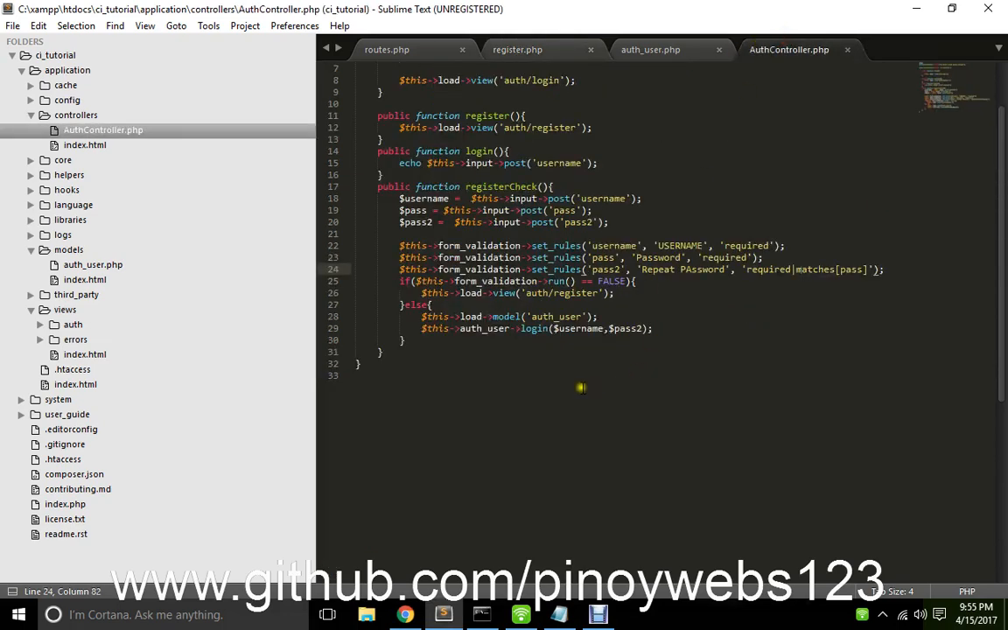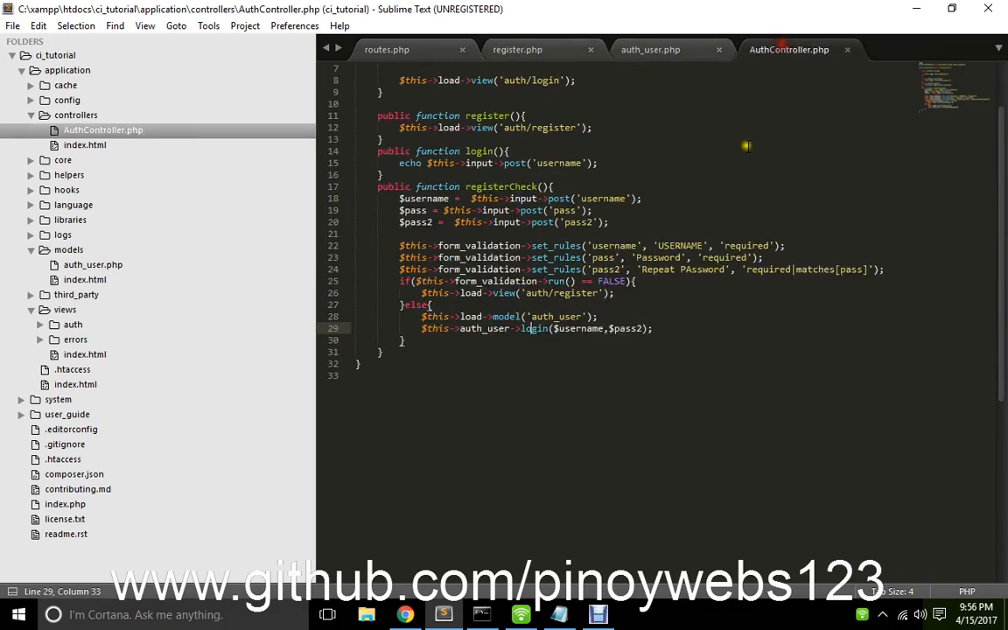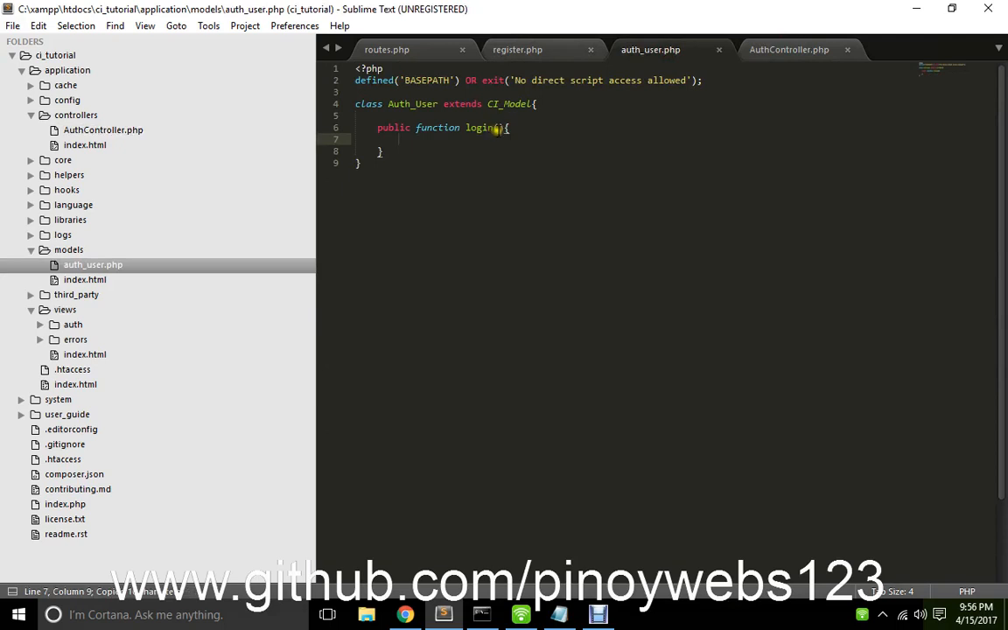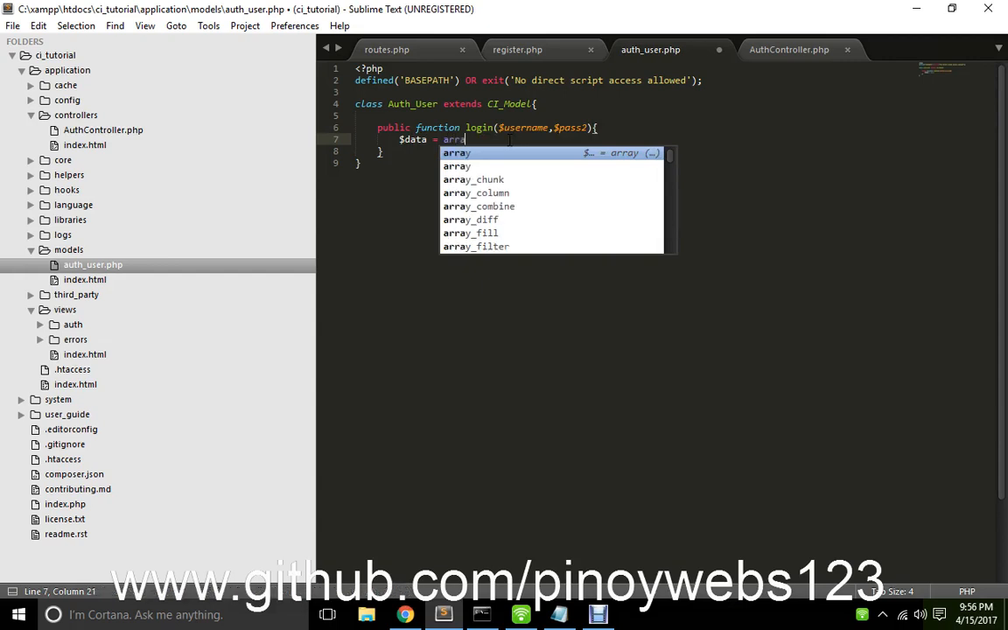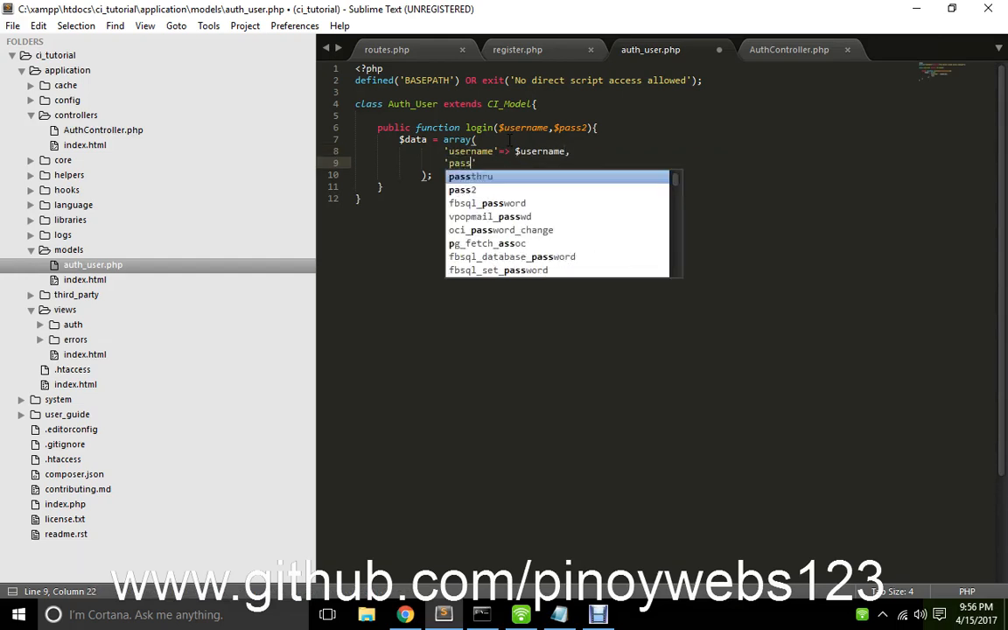So for this, we loaded a model, we called the model, and also the function in the model called login, which is this. Since arguments are passed, we will also catch these arguments in login. Then we create data equal to array. Then username is equal to username. Then password